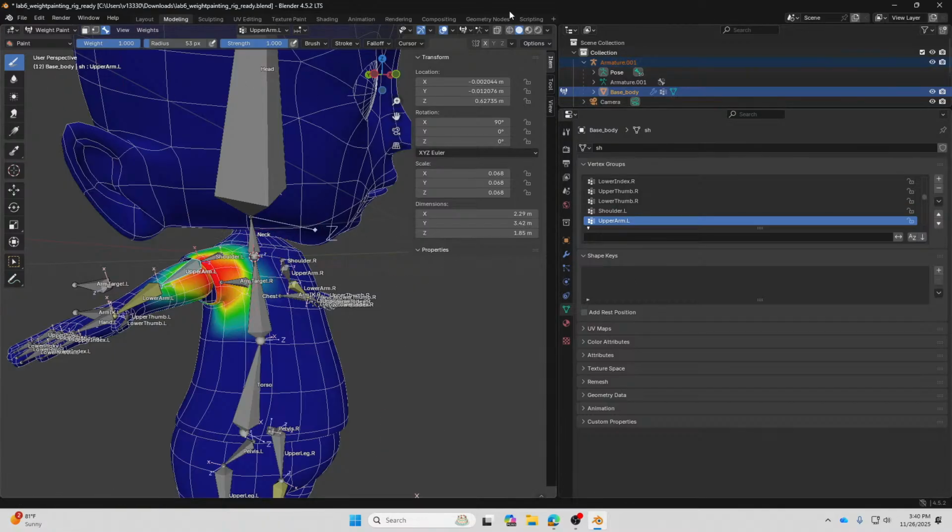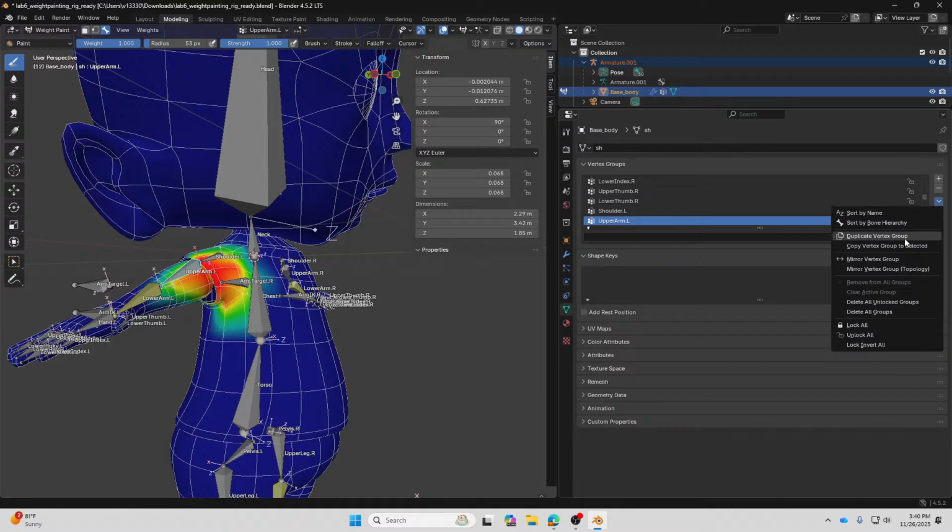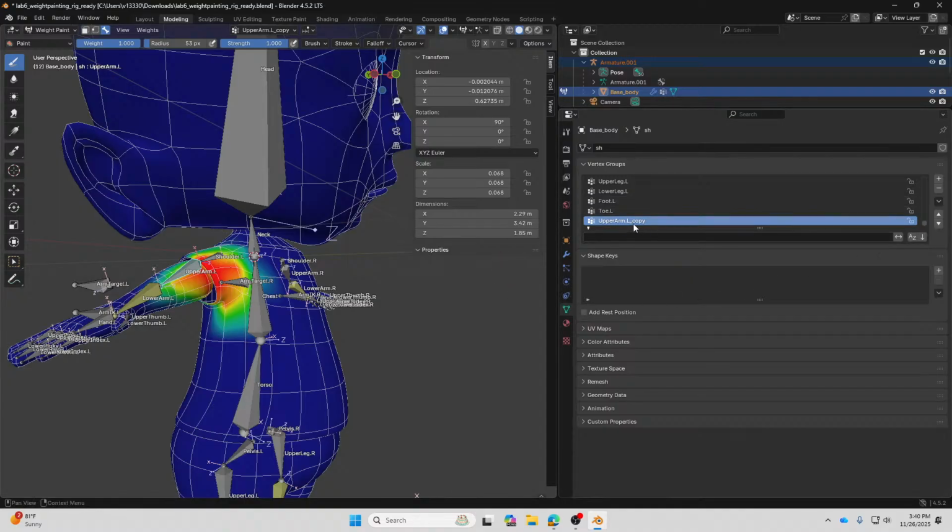Then you realize you didn't have the symmetry turned on, so how do you work around it? You can click on upper arm L, and then go to duplicate vertex group, which is this little button over here. Click on it, and you have a copy of upper arm L.